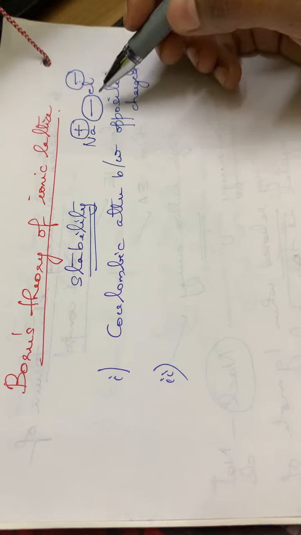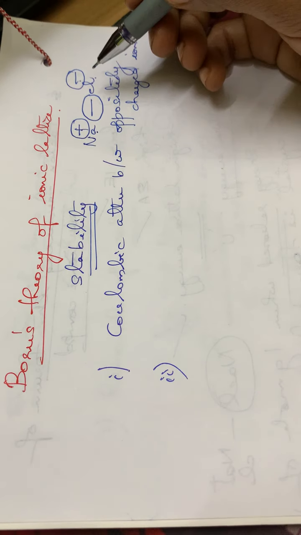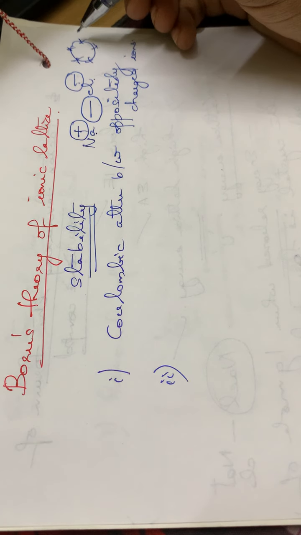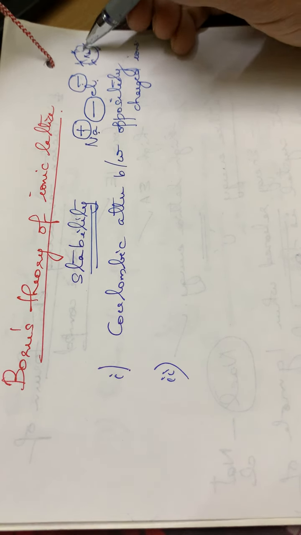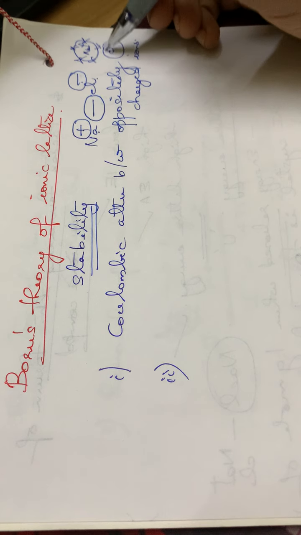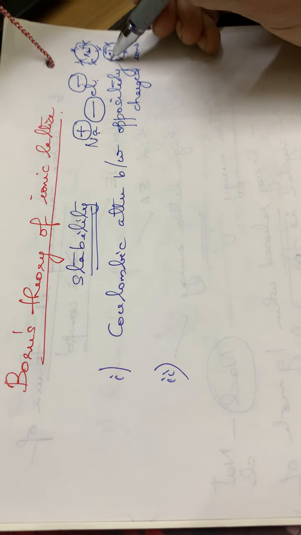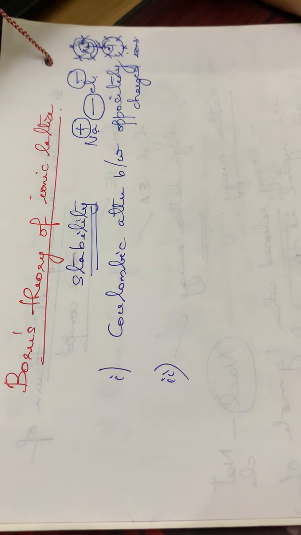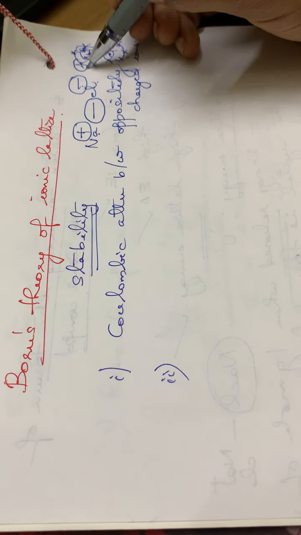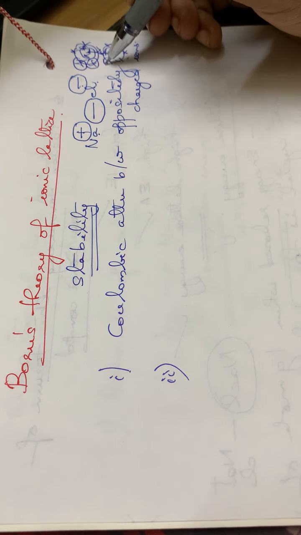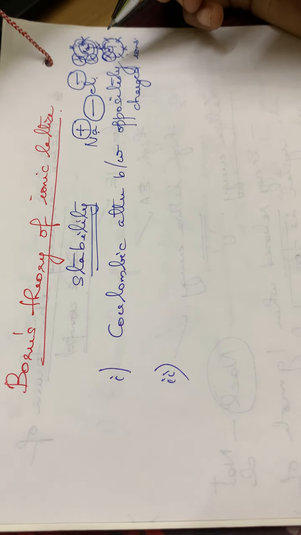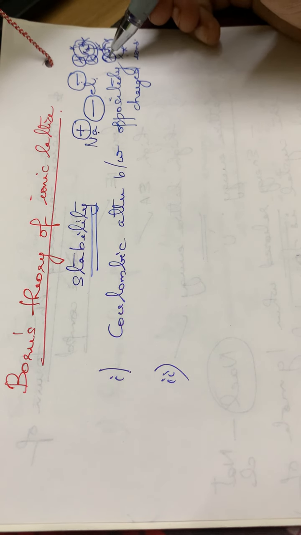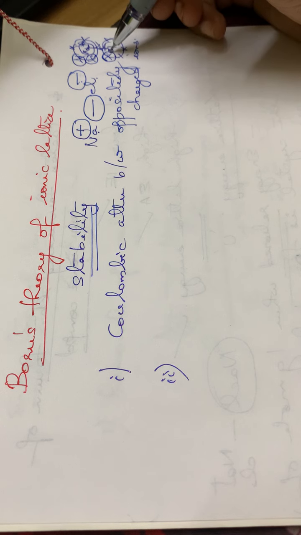interaction. In the case of sodium as well as chlorine, there are valence shells, and in these valence shells they have electrons, isn't it? In the Cl minus also, in the valence shell there will be electrons, and there will be an attractive force between Na plus and Cl minus. At the same time, electrons are there in the valence shell of Na plus and also of Cl minus. So what happens is that there will be a repulsion between the electrons of the two atoms, isn't it?